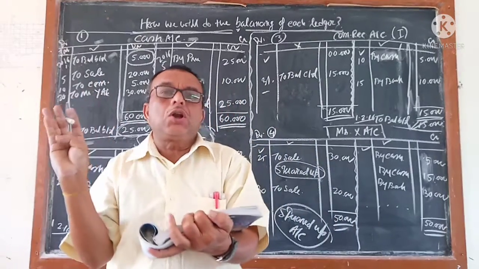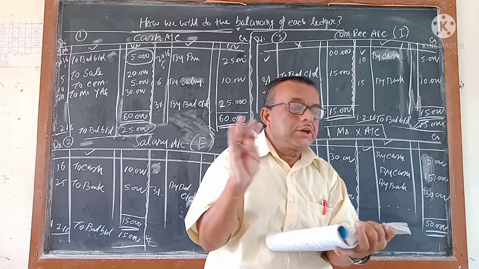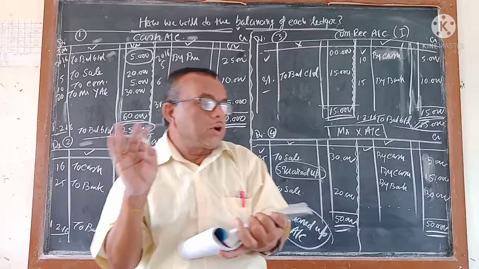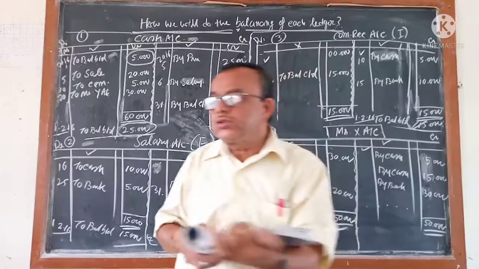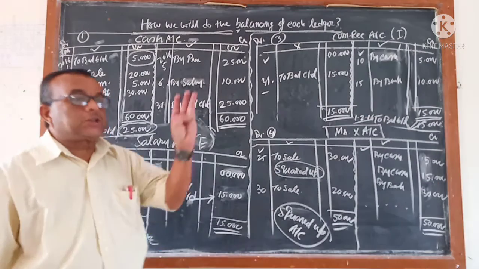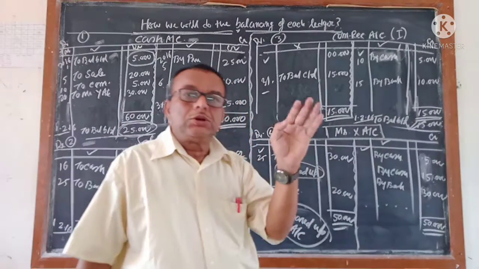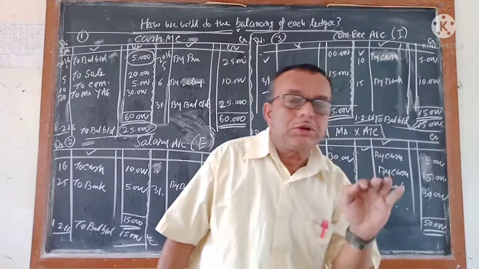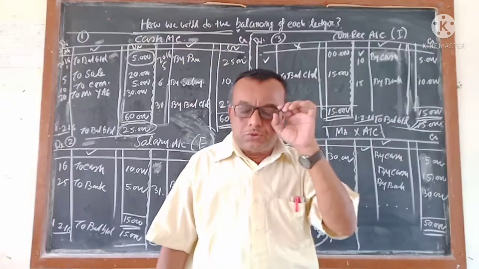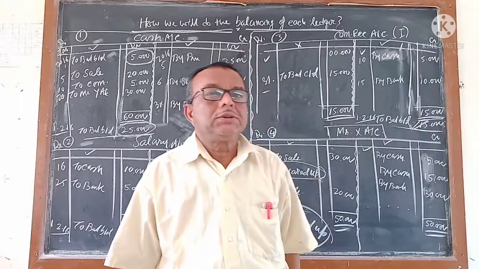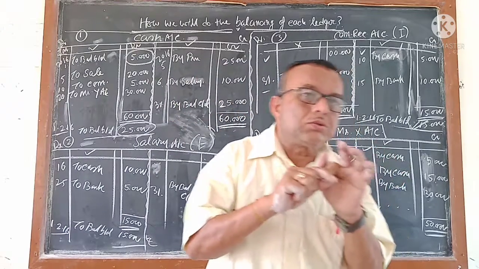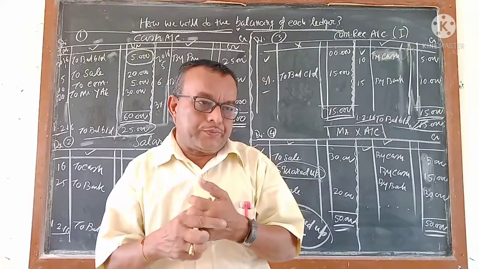If it is expense or loss, it is always debit balance. If it is income and gains, it will always come credit balance. Some of the accounts you will find out, one account is the reverse or the opposite of another account. Just like purchase and sales, these are reverse accounts. Capital and drawings, opposite accounts. Debtors and creditors, opposite accounts. Purchase return and sales return, opposite accounts. Like that, if you are able to know the balance of one account, you can find out the balance of the other account also.